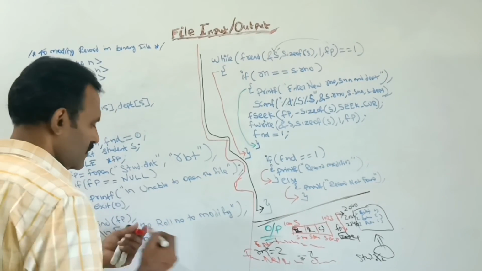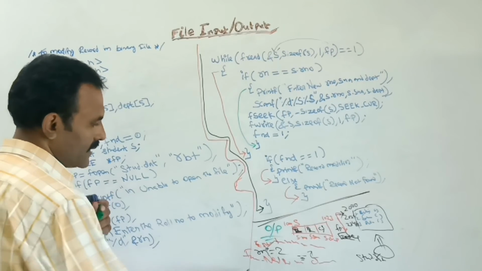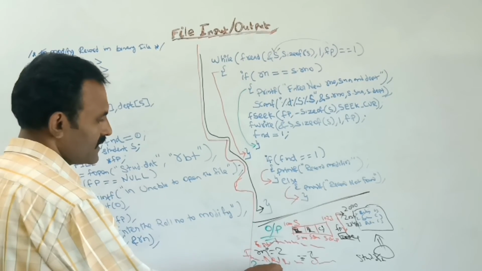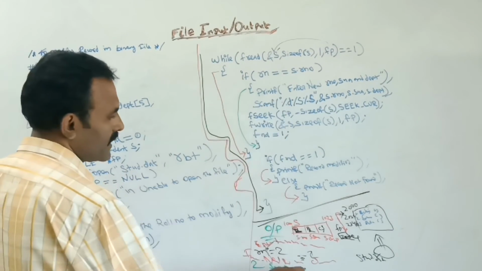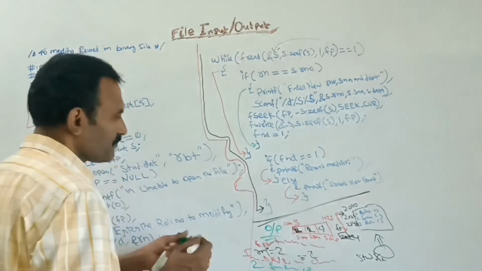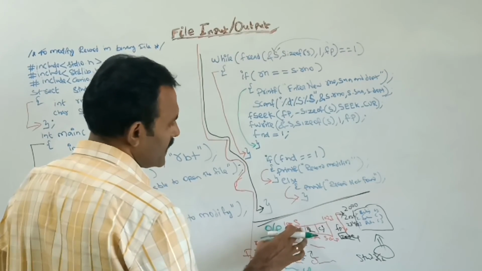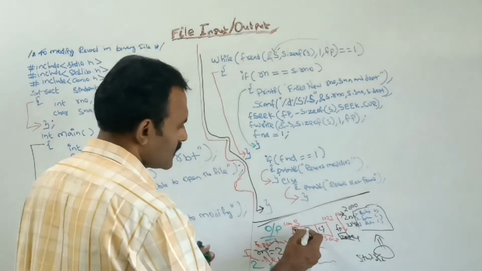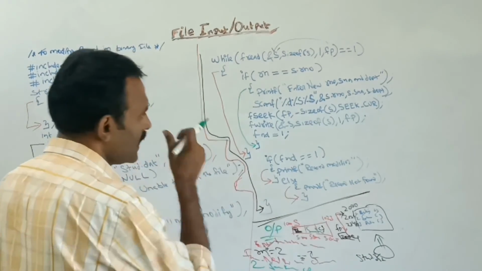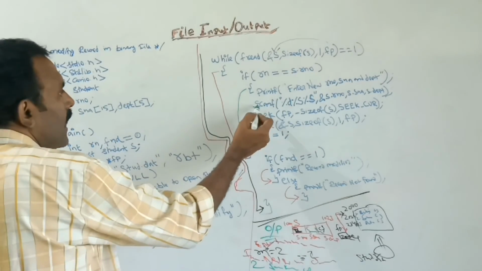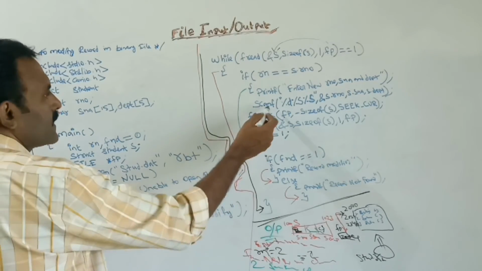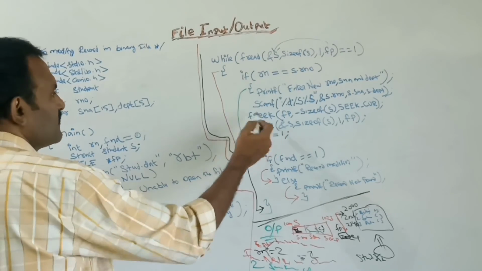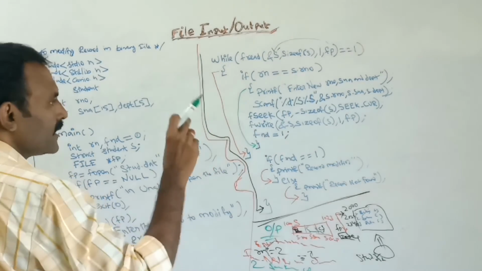Suppose you are giving the roll number as 2, and next, instead of Santosh, you give Santosh Kumar, and the department is CS. So here, currently I have given 2, and instead of Santosh, I have given Santosh Kumar, next is CS. After getting the input for the structure variable s, next by using this fseek function, I am bringing the cursor back.